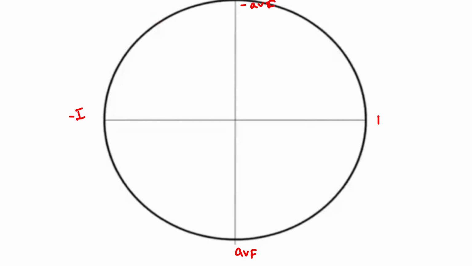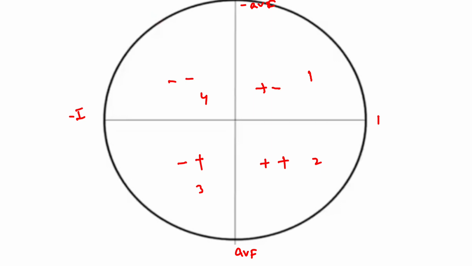If we see the coordinates, here will be positive, because the x-axis is positive and the y-axis is also positive. Here the x-axis is positive, the y-axis is negative. Here the x-axis is negative, the y-axis is positive. Here both are negative. If we say this is quadrant 1, 2, 3 and 4,